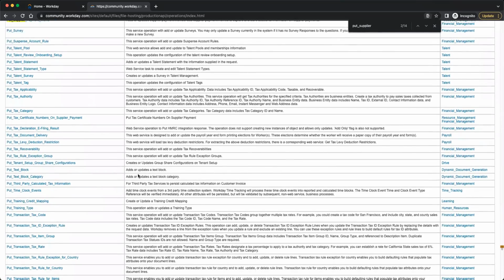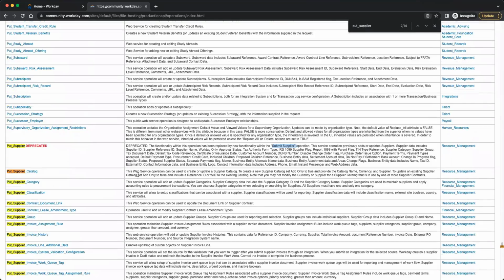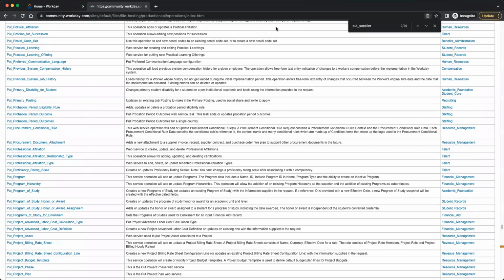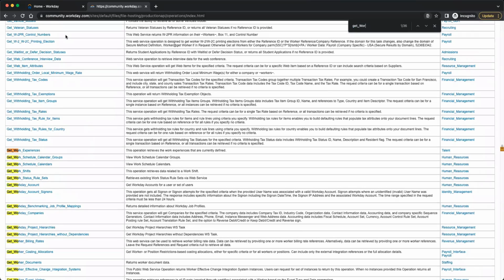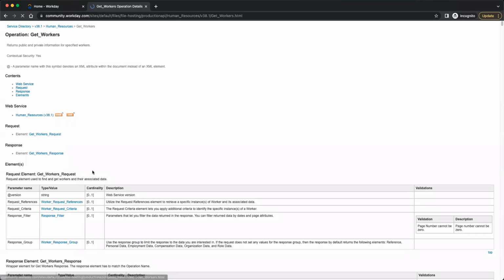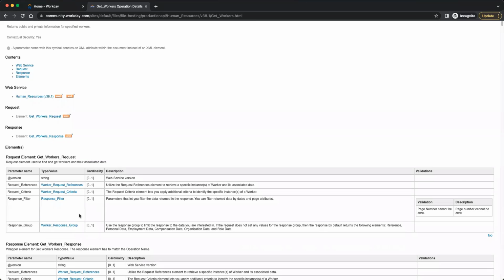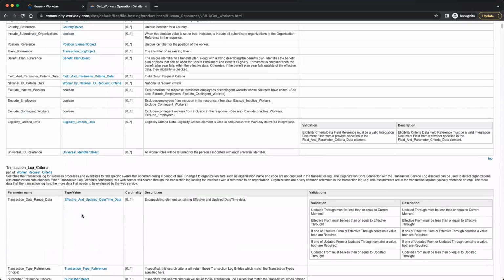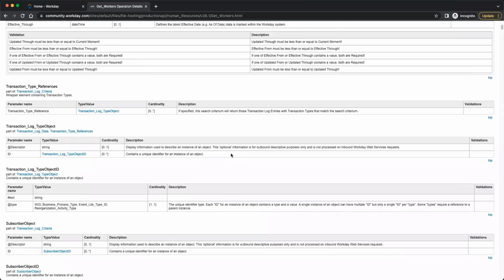Yeah. And it is similar in any such case. Like there is a very common web service, which is get workers. This one. This is for fetching the employee data out of Workday, right? And if you click on this, it shows what's the request and what's the response. In response, you get all such kind of data, right? Now, how to test this is